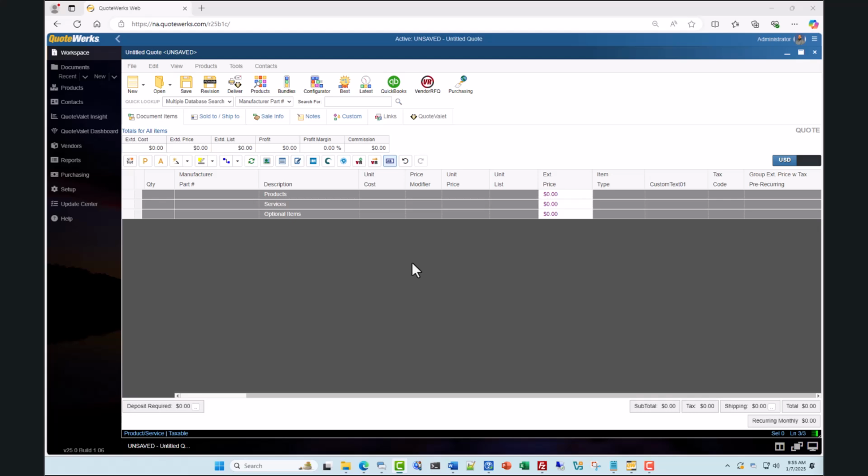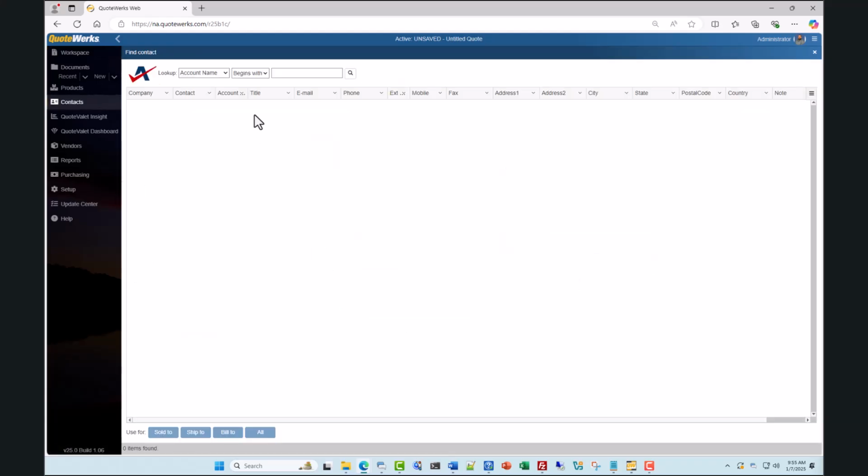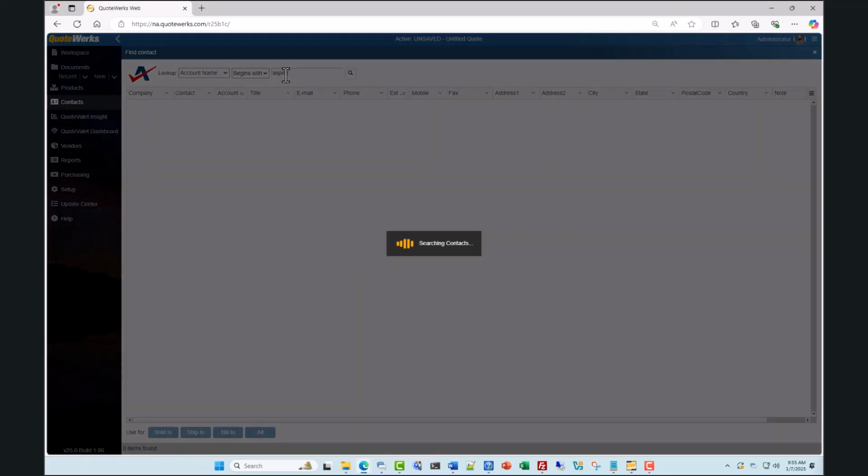First, we're going to get started by pulling a contact into our document. I'm going to click on the Sold To, Shipped To tab, and then under the Sold To contact information, click on the magnifying glass. This will bring up the Lookup Autotask contact window. From here, I can search by account name, first name, last name, phone, account ID, or account number. In this example, I'm just going to search for Aspire Technologies. I'll type in Aspire, click Enter on my keyboard or the magnifying glass, and this will return the results that